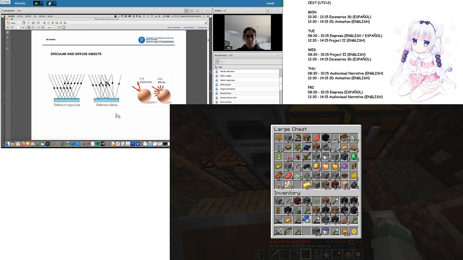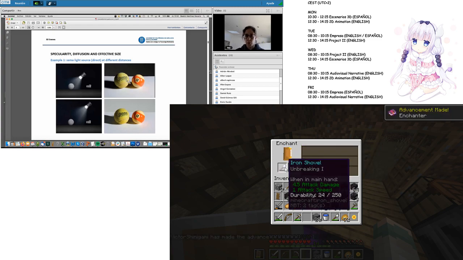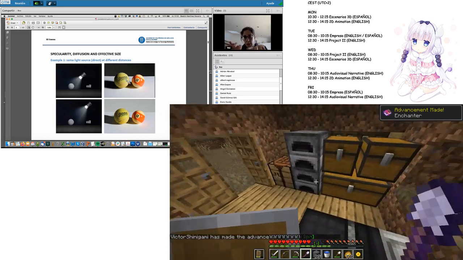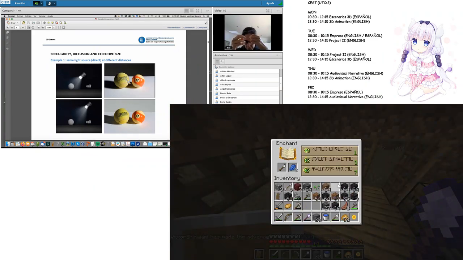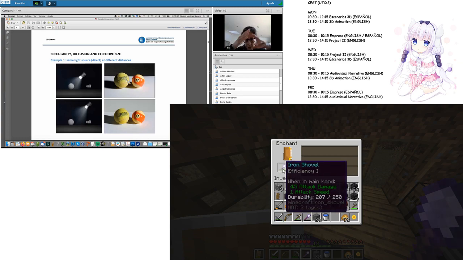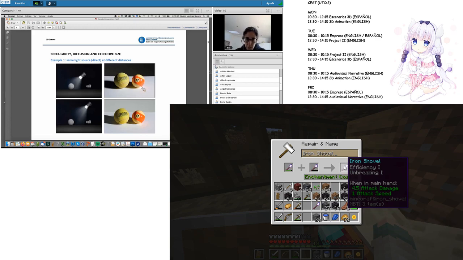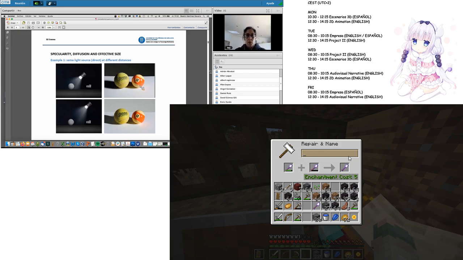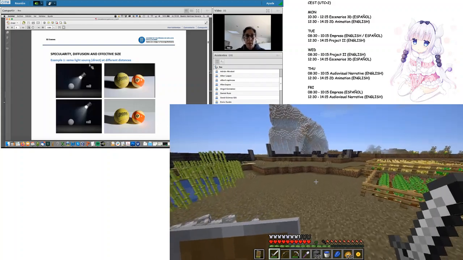Okay, so for example, here we have two objects. Two balls: a tennis ball, which is a diffuse object. It has a very diffuse surface because it has a texture which is very high texture. It's not a flat surface, and we have this kind of ball which is very specular. And we are going to simulate different types of light sources, depending in that case on